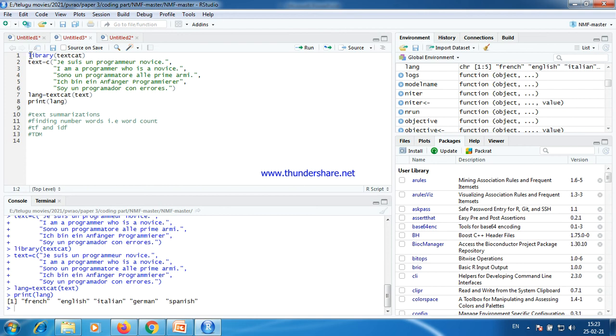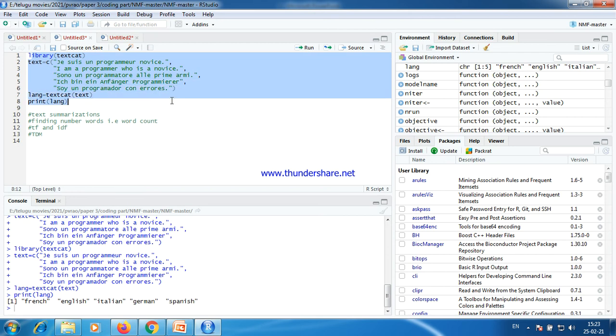So which language they are discussed in on social media. Then you can drag all these things, right? Based on this, we need to know the text summarizations, finding the number of words, that's word count. Here the programmer, this is a programmer, right? But with different languages, we can't get the number of counts, right? So first we have to find which language it is, right?